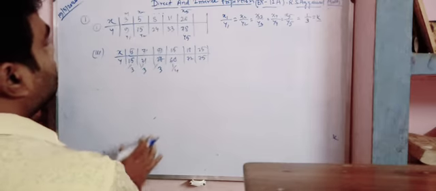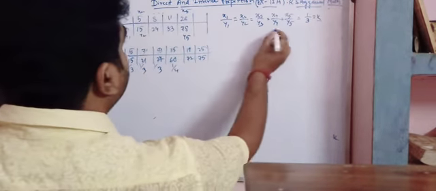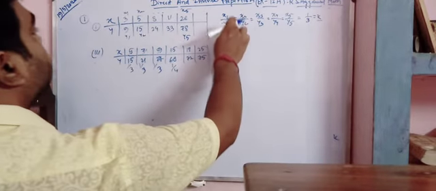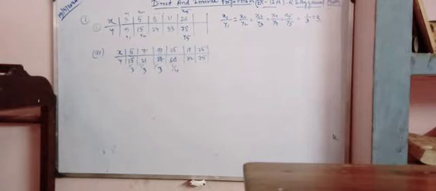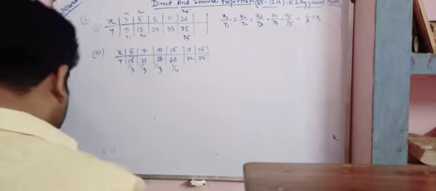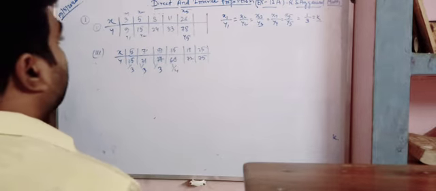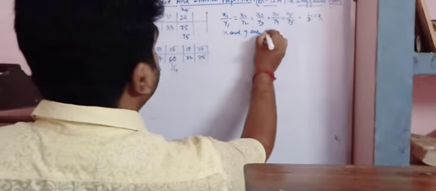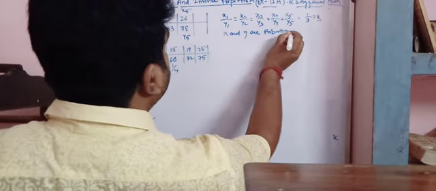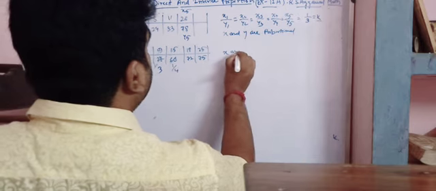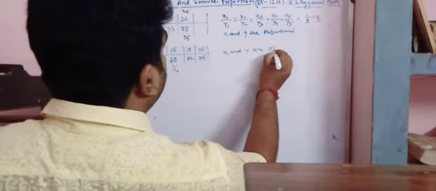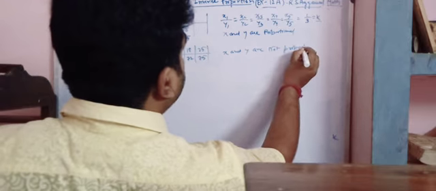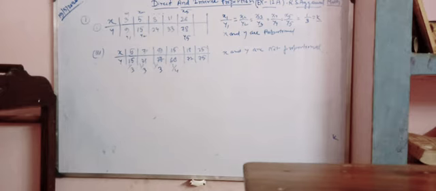So here we can't say that x1 by y1, x2 by y2, x3 by y3 are all equal; this is not happening. So we can say that the quantities of x and y are not proportional. So here the x and y are proportional, and here x and y are not proportional. So viewers, you can understand what I mean to say.